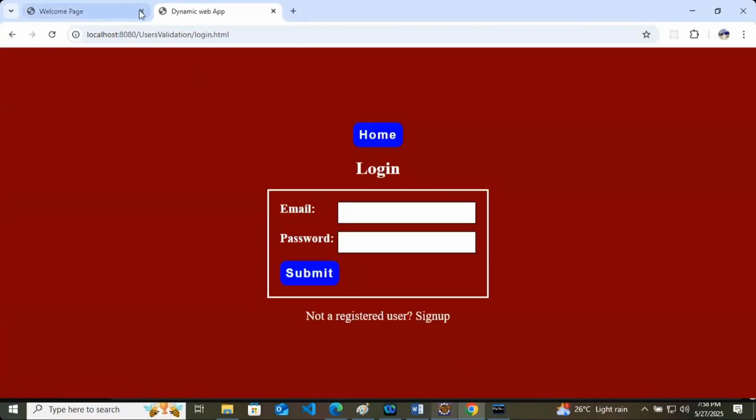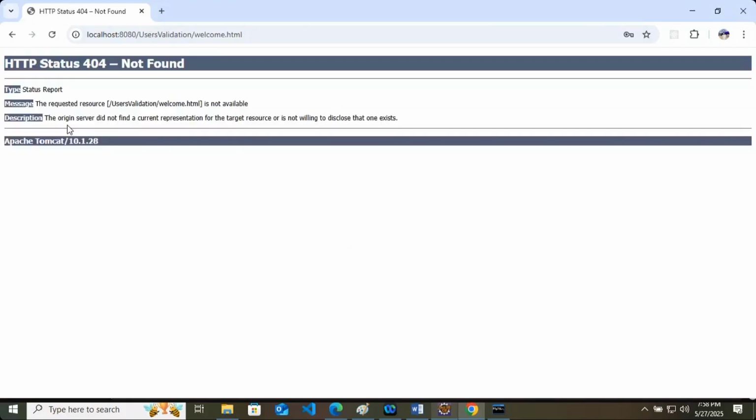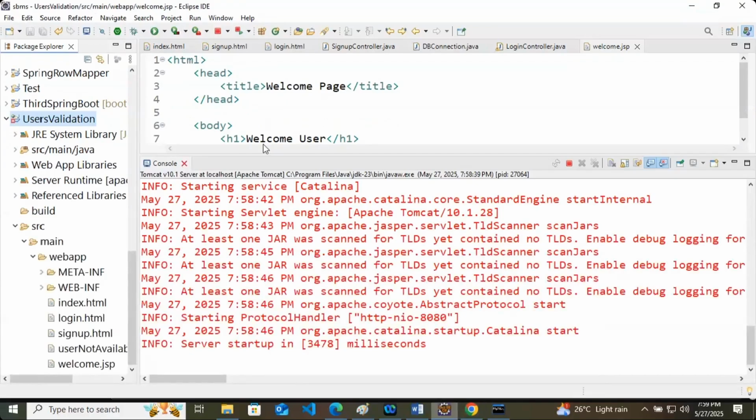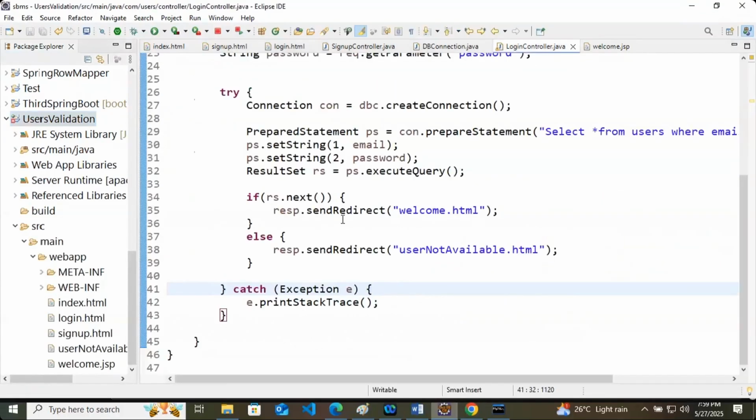We'll do login and 1, 2, 3, 4, 5, 6. We have to change in the login controller from welcome.html to welcome.jsp.